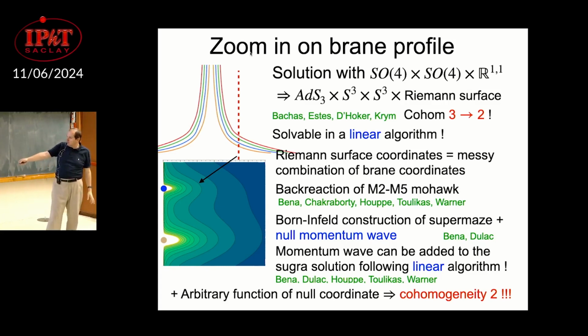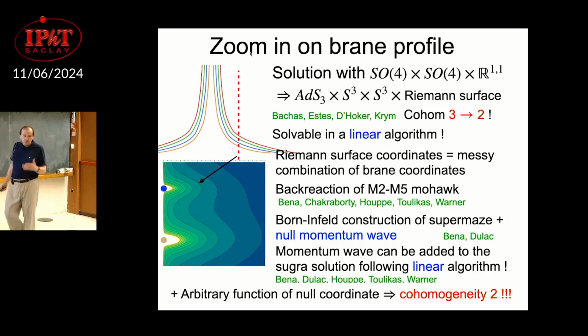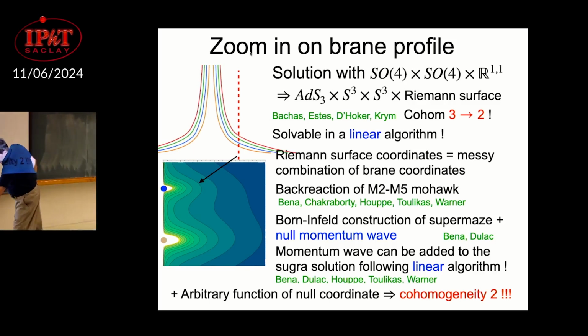We are really at the level of, we found this linear algorithm, and we just understood how this mohawk of M2 M5 solutions is linked to these things. We are just understanding currently what's going on here. But the point is, again, coming back to the back reaction, the point is these solutions have,